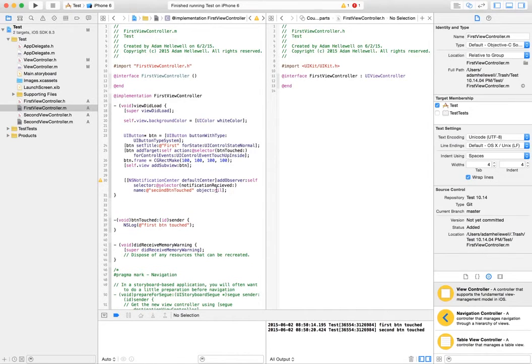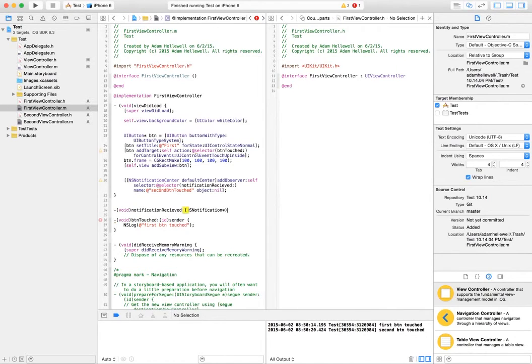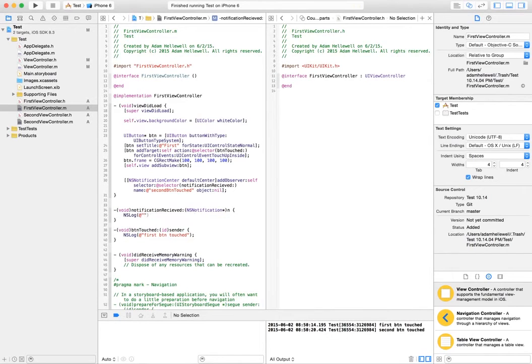Now I need to create the notificationReceived method. I do this by specifying that it's a void return type, and then I say it's going to receive an NSNotification. Call it n. Within this, I want to specify an NSLog, and I'm going to pass in n.object, the object that we passed in. When I build and run the app now,